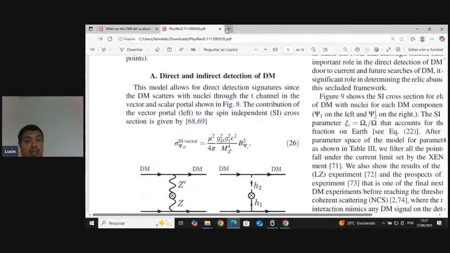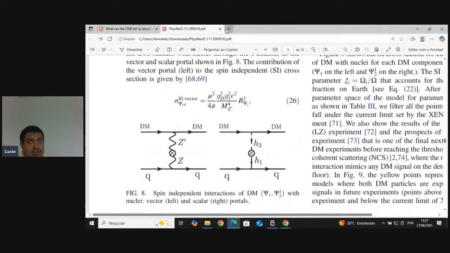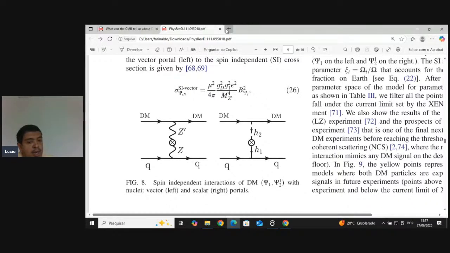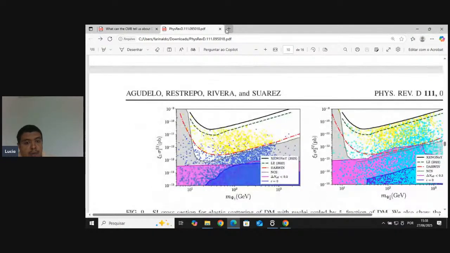Regarding the direct detection, we have elastic scattering. We have scattering with nuclei mediated by kinetic mixing, and Higgs mixing between the two Higgses. We assume a mixing angle between the two Higgses very small, 10^-3 or less. So the main contribution to the direct detection processes is given by the kinetic mixing parameter, the most important parameter. So we have this final result